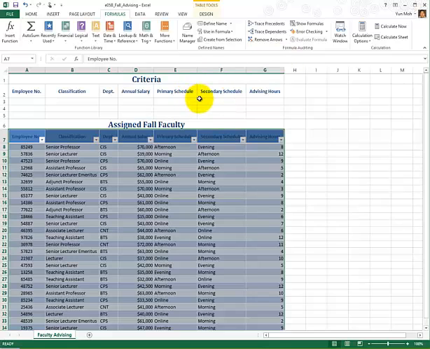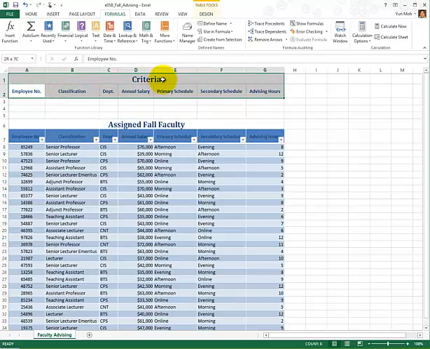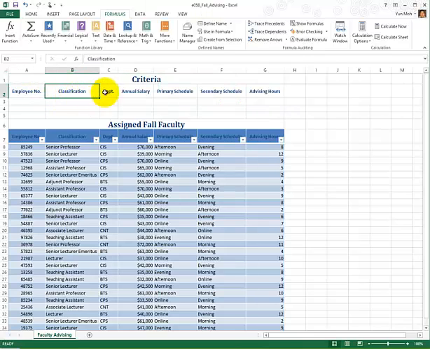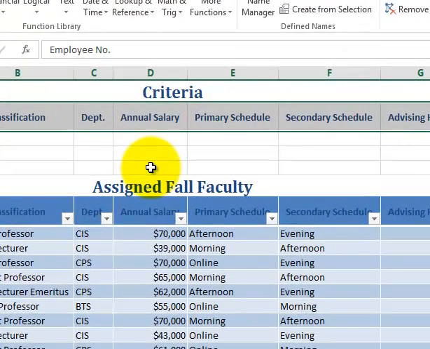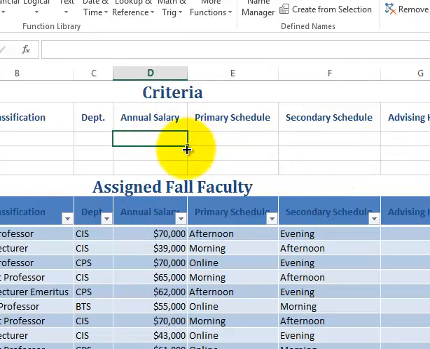And then, okay, so here we have criteria. So we have criterion 1, 2, 3, 4, 5, 6, 7. So we can use any one or a combination of any one of these to apply filtering in this table. Remember, we are using criteria, such as, let's say D3. So here's column D. So D3 is this one, and I'm going to provide a criteria value. In this case, the criterion is annual salary, and that criterion's value would be, in this case, I'm going to put greater than or equal to